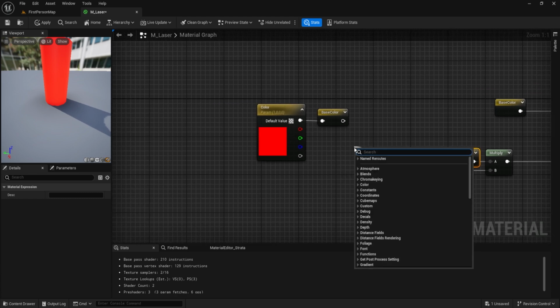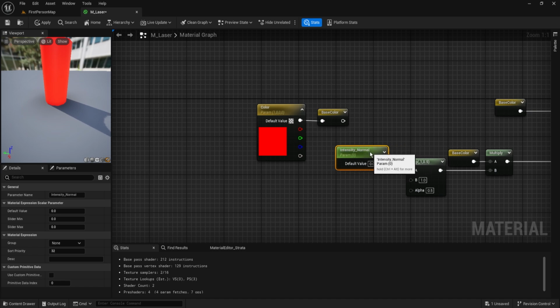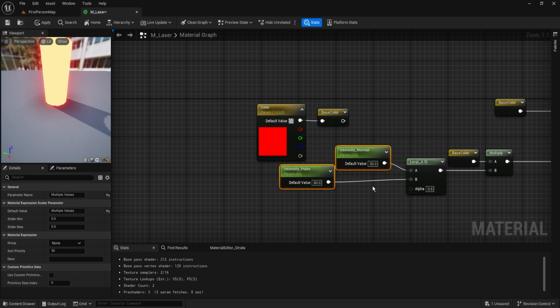So this is going to be a scalar parameter value, and we're going to call this intensity normal. And we will then copy paste it, and we'll rename the second one to intensity pulse. So this is when it's actually changing. So we'll put this at 30 by default, so on normal at 30, and we'll put it at 80 if we're having a pulse. So plug this into the B, and now we need to make a mask,